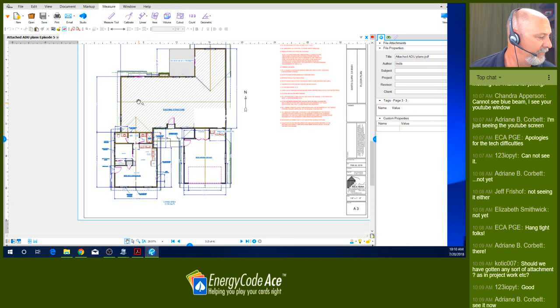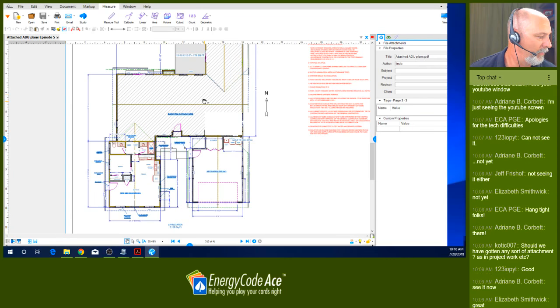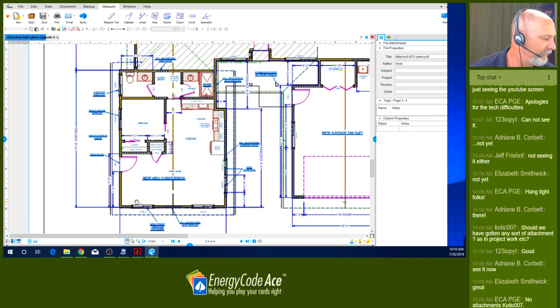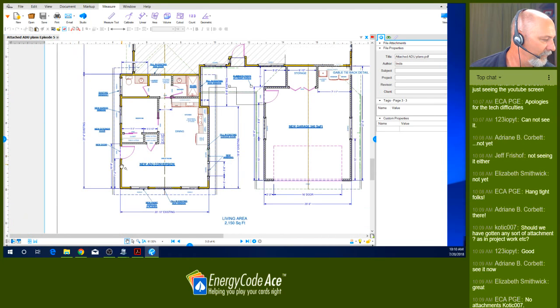We've got an existing structure here. We'll do a takeoff and figure out what the area of that existing structure is, as well as here's our new addition here. So let's dive into this, and we're going to start our takeoff,